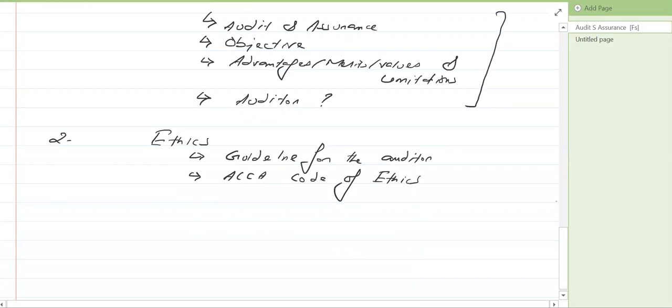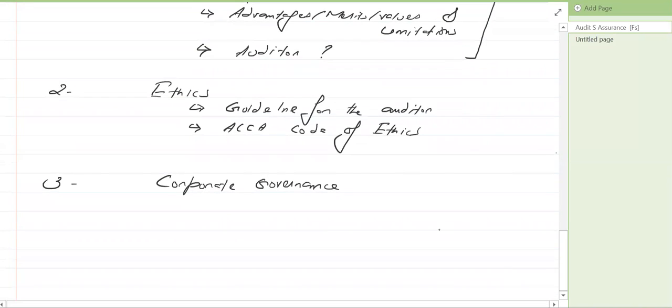And then we'll be doing the third chapter, which is going to be the corporate governance. Now, the corporate governance is something which you have already studied in your F1 exam, Accountant in Business, the first paper you did of the ACCA. But I'm not going to take anything for granted that you already know this thing, but just mentioning that you have already done it. In this chapter, we'll be looking at the board structure,